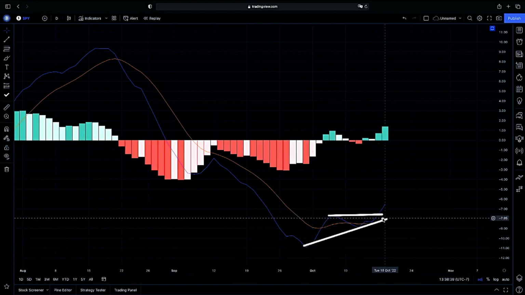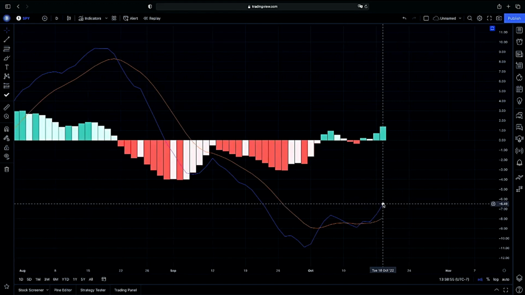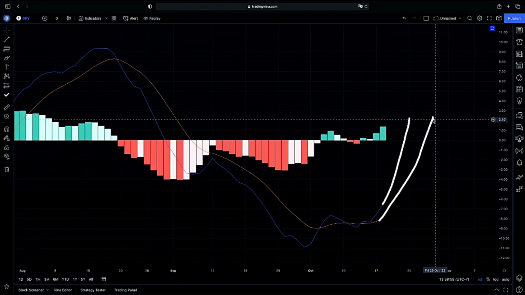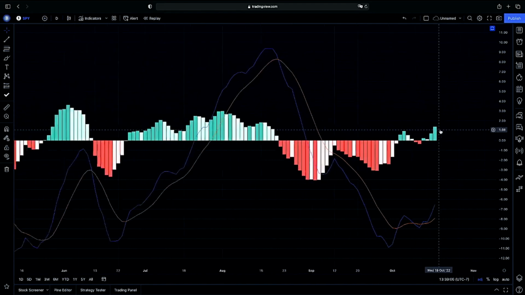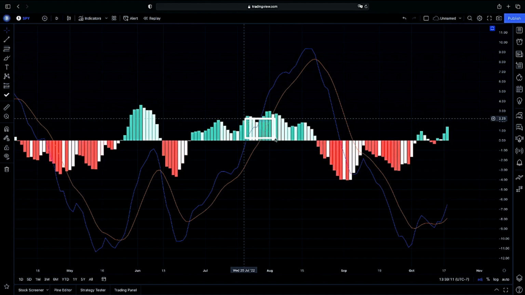So again, we are looking for that continuation on this break, and from here we will be looking to see if we can continue on with this strength, which will be our EMA lines crossing above the median of our MACD. Again, that is going to give us that continuation volume that we are looking for to have confirmation on strength. As you guys can see, again, we did have our EMA lines crossing above the median of our MACD when we did have the strongest rally of the year.